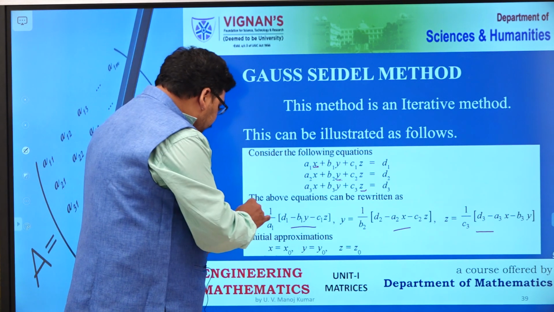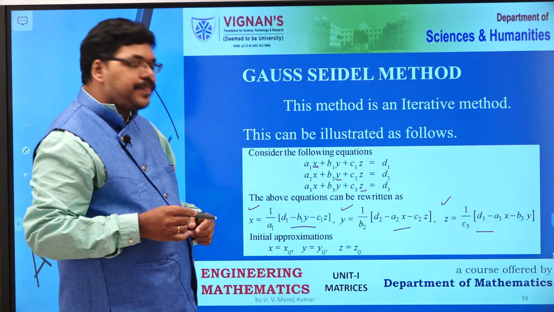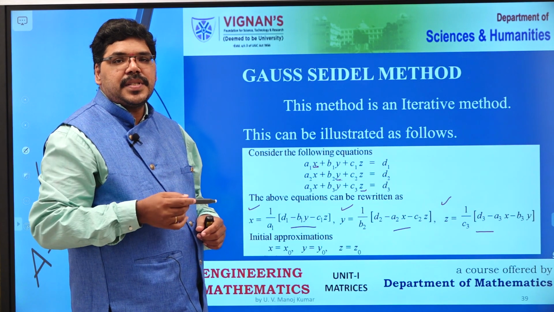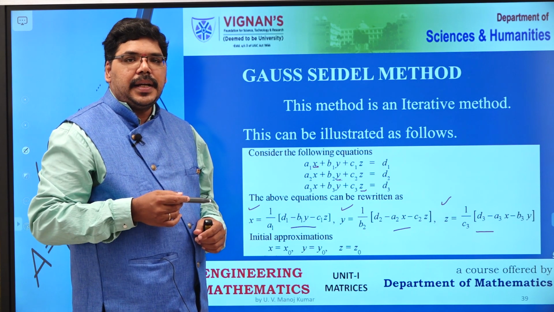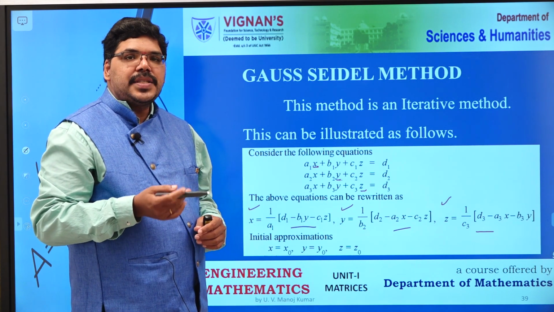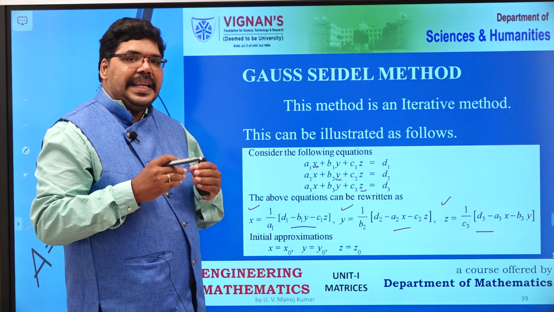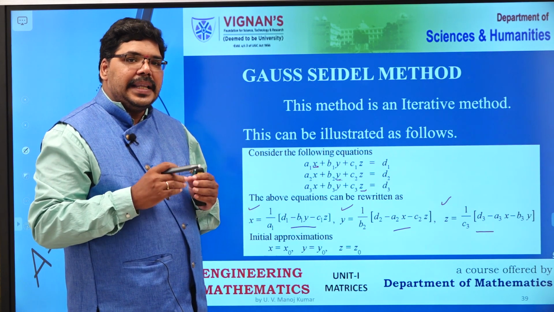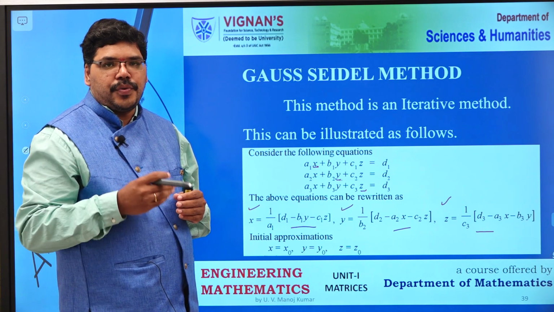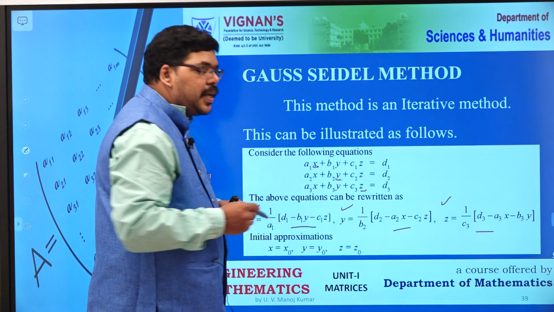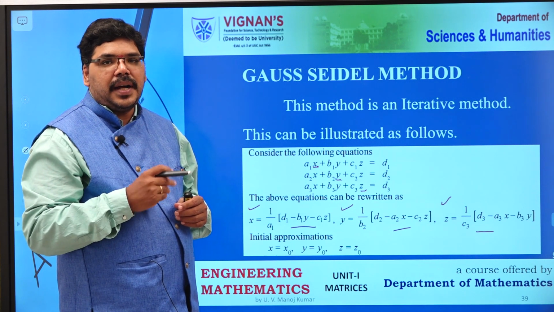So now we will take these 3 expressions as our formulae for iterations. When we are applying an iteration method, in the first step, we start with an initial approximation of the variables and we substitute these initial approximations into these formulae, and then we will get the second approximation and then the third approximation and so on and so forth. So these 3 expressions will be used to calculate the next iteration for the variables.